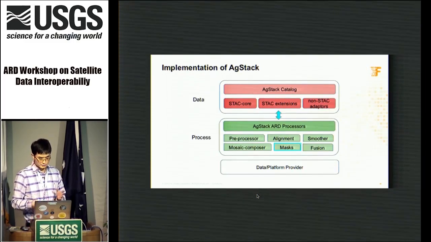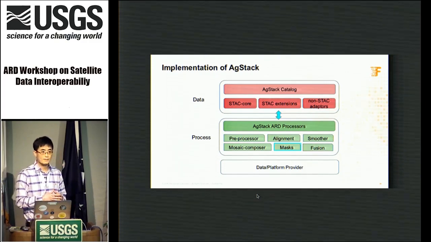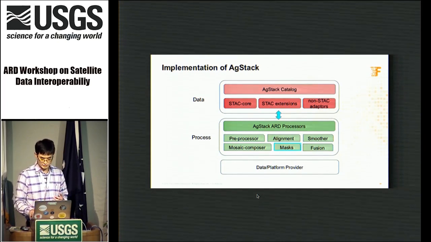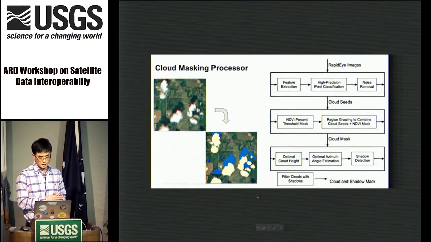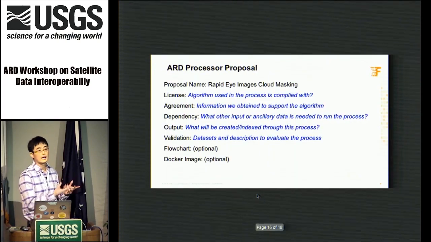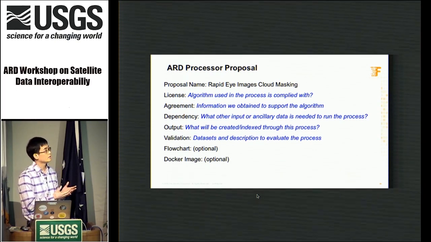Another example is we will reflect our existing pipelines into ARD processors. So this is an example of the cloud mask. And this is the outline of this ARD processors proposal. So we will